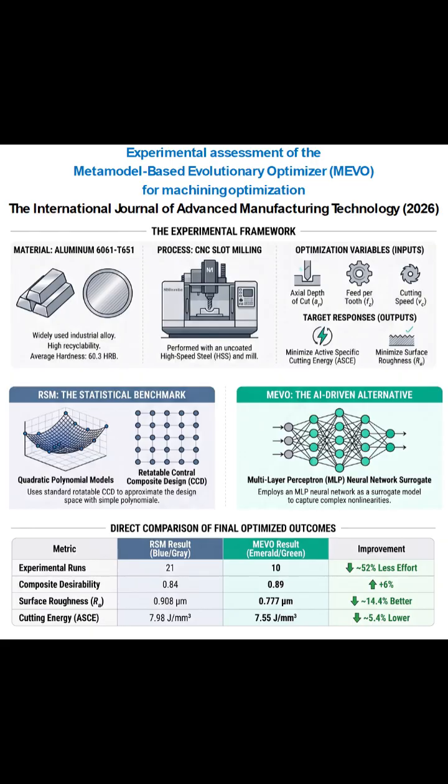Okay, I have to jump in because usually there's a hard trade-off there, right? Like if you want a smoother surface, you have to run the machine longer, which obviously burns more energy. How did it improve both? That is the power of that smart search strategy we talked about. Older methods get stuck on those conflicting variables, but MEVO's digital twin can simulate so many micro adjustments that it focuses on the most promising regions of the design space. So it just finds that completely hidden sweet spot. Exactly. It finds solutions that older models just can't see.